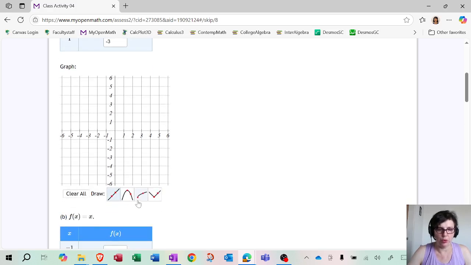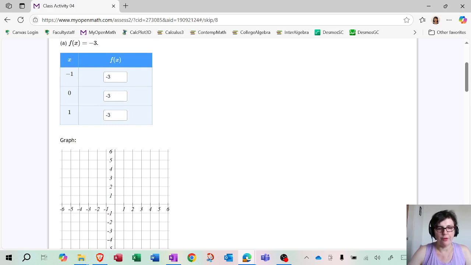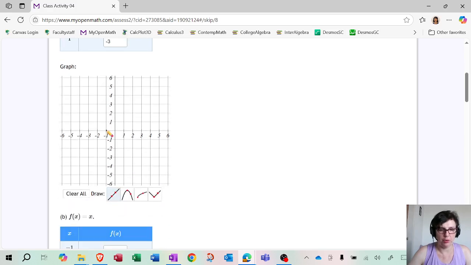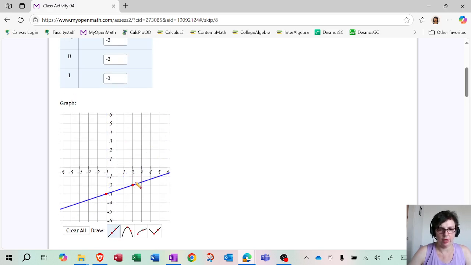First of all, we need to make sure which of the options we need to graph here. Well, this is just a line. It's going to be a horizontal line. So we use the default, which is the line tool, and we graph any two of these points. For example, -1, -3: that means 1 to the left, 3 down, that would be one point. And the other one would be 1, -3. So every time it's just -3, it's flat.